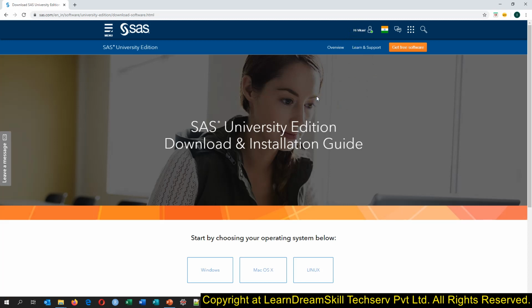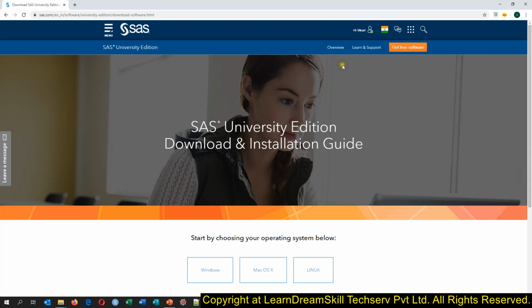Whereas whenever you are doing it the first time, go to the SAS website and register, provide your username and password, whatever you want to keep, and then go to your email ID as well, because SAS will send you an email to verify it. Once that is verified, you will be able to log in to the website.